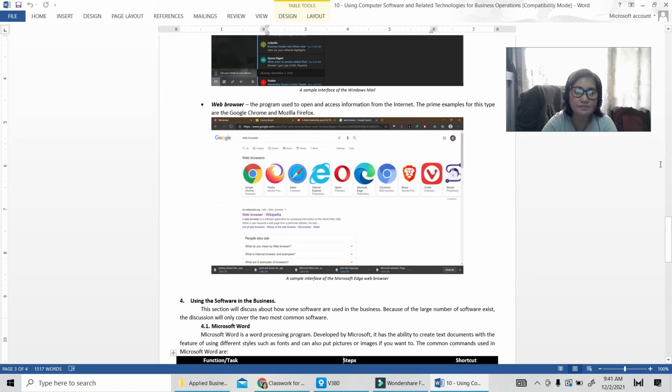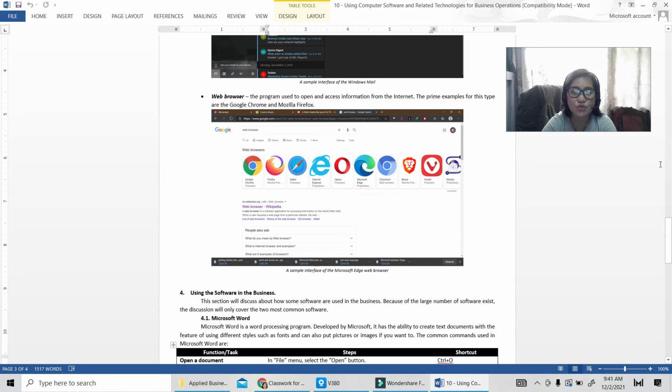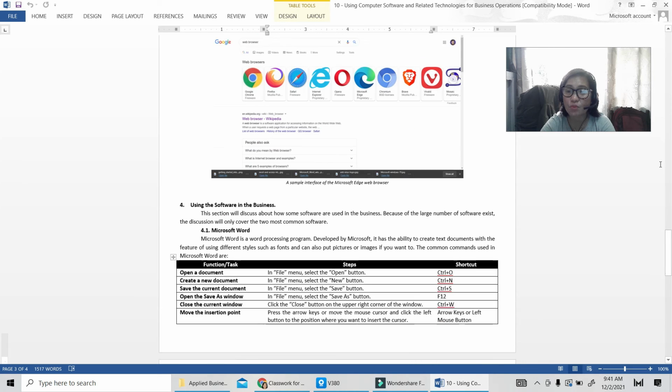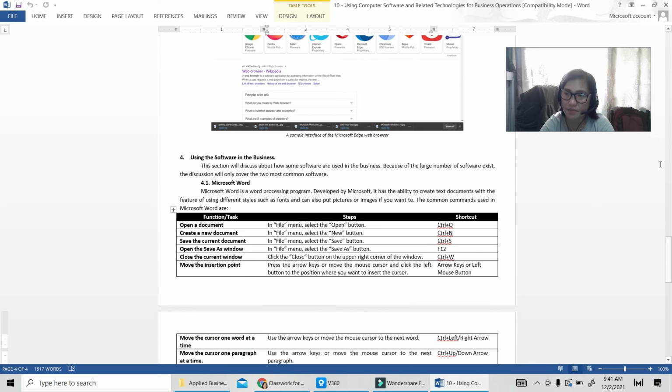And then number 4 is using the software in the business. This section will discuss how some software are used in the business. Because of the large number of software that exists, the discussion will only cover the two most common software. Since there are plenty of application software, when you use your computer, your mobile, or any type of device, all the software or applications installed on your devices are